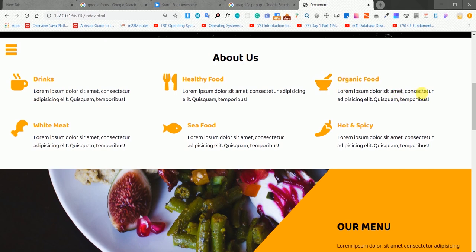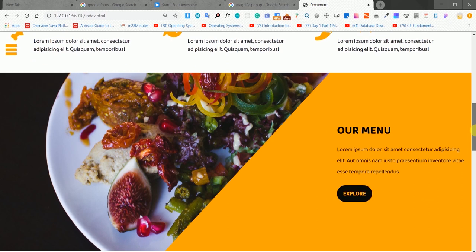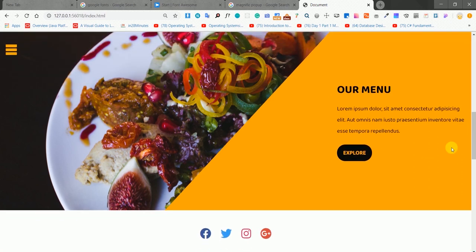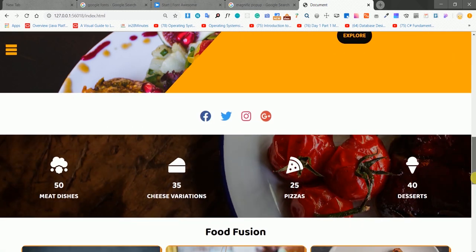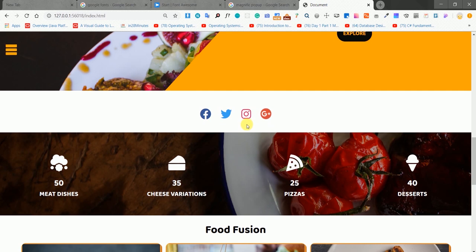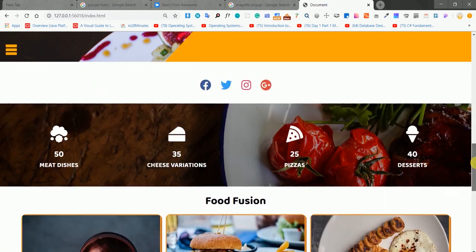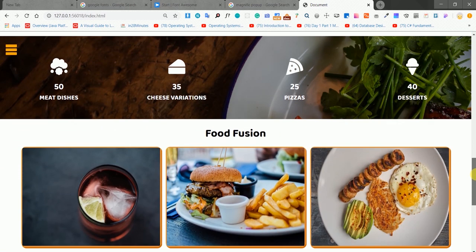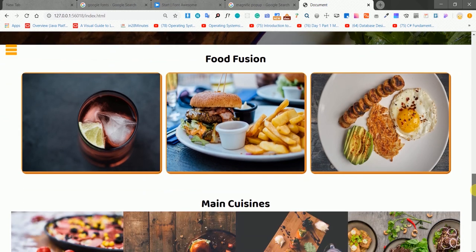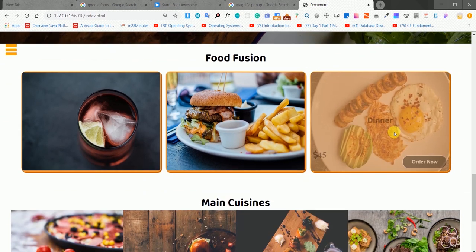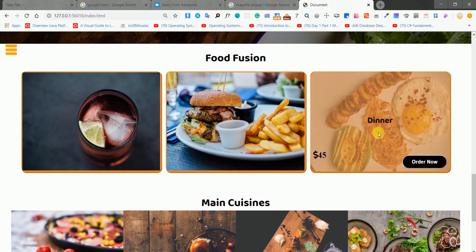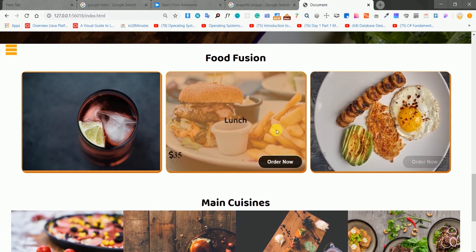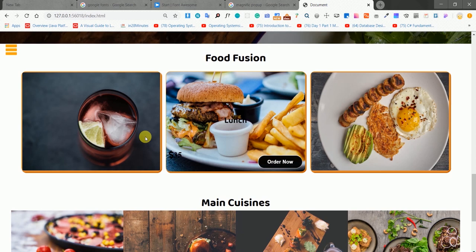by using CSS, and then I have used some clip path here within this section and a button by using some CSS effects here, and then I have some social icons, and all these social icons are also affected by CSS, and this dishes variation section, and then I have this card section here. Some main items are pointed here with an order now button and with this zooming effect, and all these things until now have been done